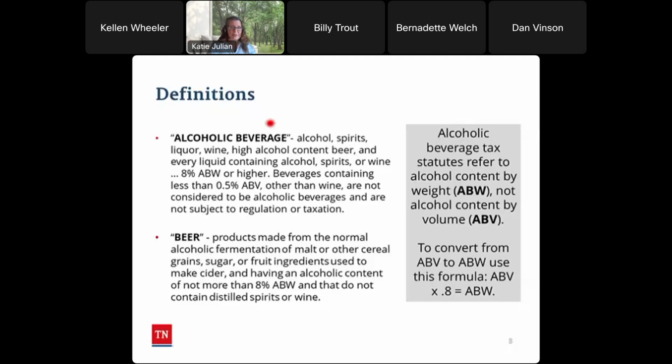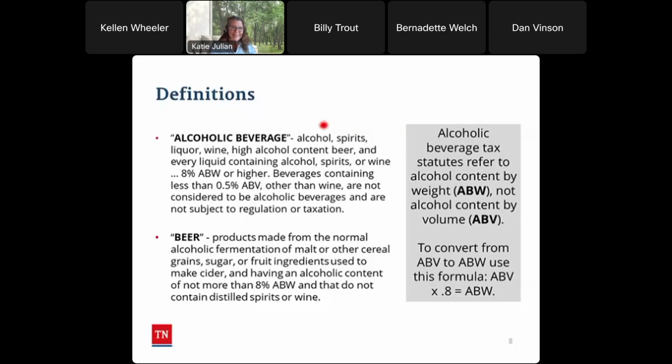I personally love kombucha, and recently I bought some kombucha at my grocery store and I got carded for it. I looked on it and thought, oh gosh, this has just a tad bit over the amount that would keep it from being considered an alcoholic beverage, but I was careful not to drink that during the day, right?